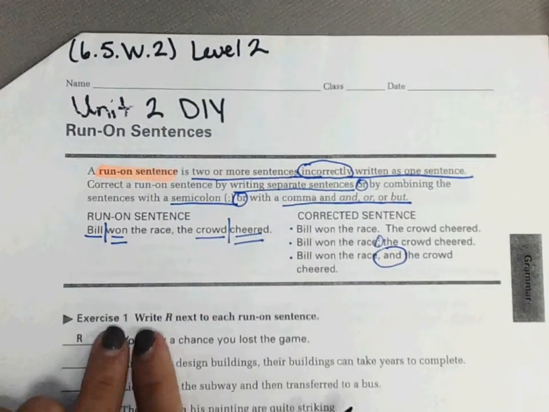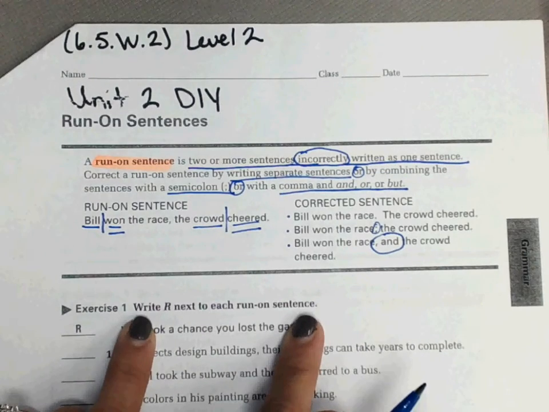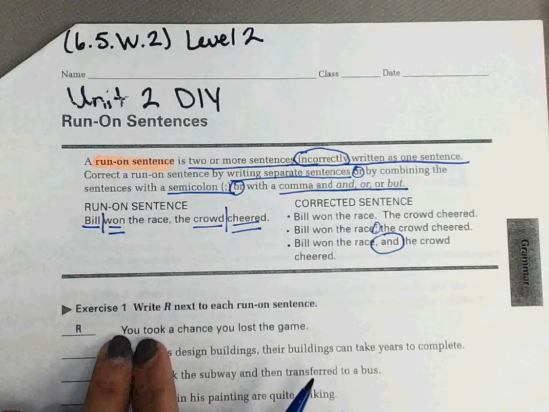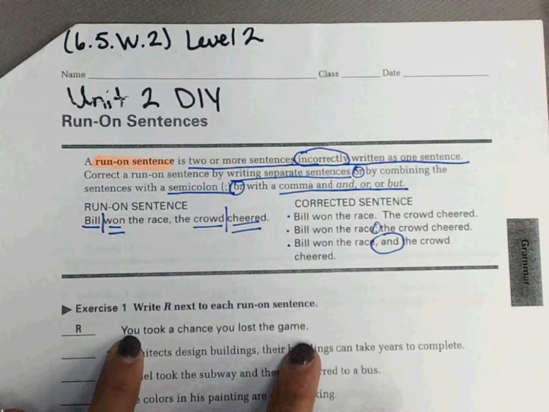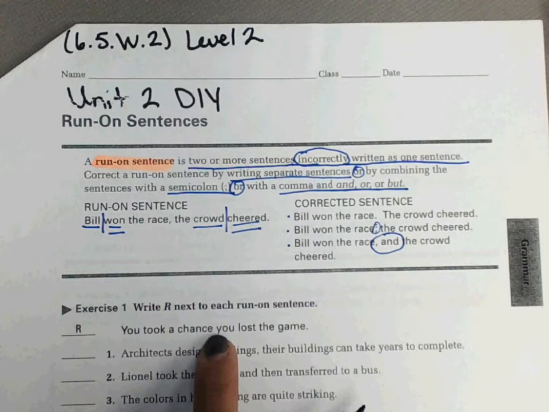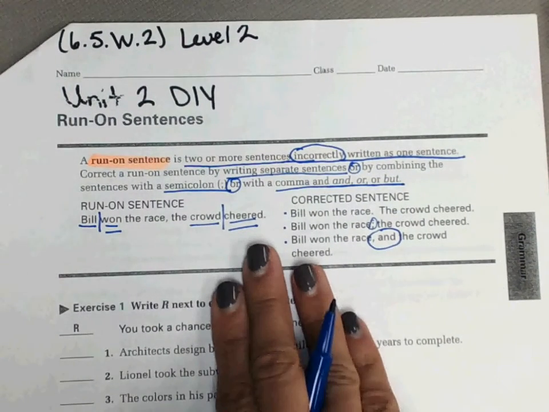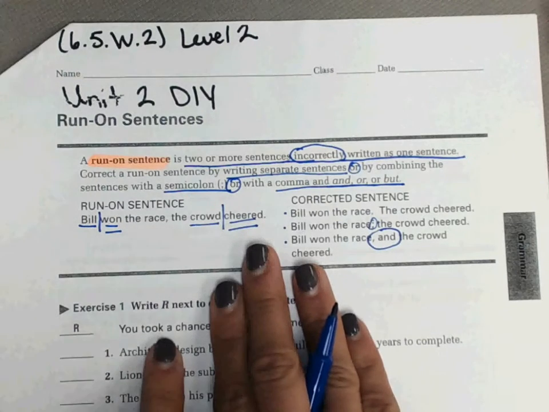Let's look at our exercise 1. It says write R next to each run-on sentence. Our example says, you took a chance, you lost the game. I automatically take a pause in between chance and you because it seems like it should be two sentences. If we were to not look at that second half and just look at the first half, it says you